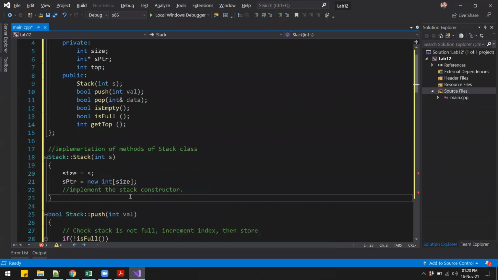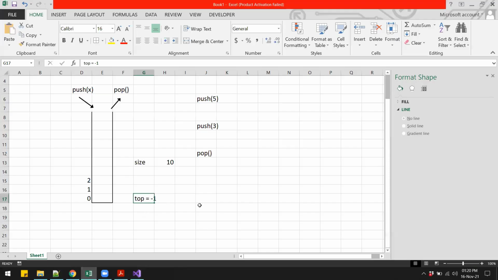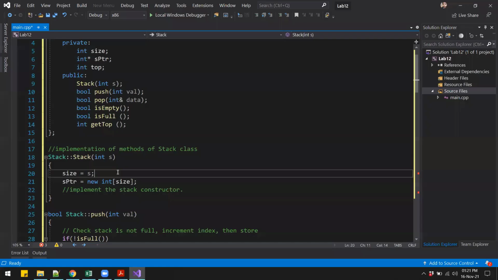So when a stack object is created, this is going to initialize the size attribute of this stack class, and also create an array of whatever the size was. So for this example, if I create the stack and pass 10, then an array of size 10 will be created in this case.